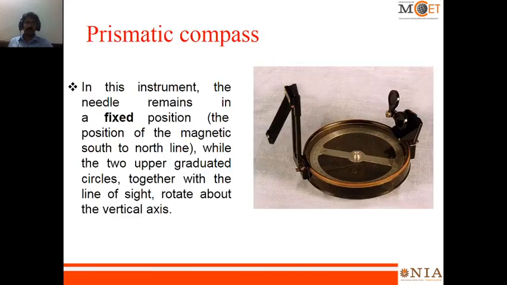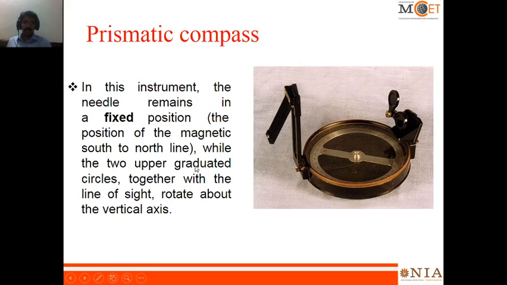Now comes the types of compass. In that, the first one is the prismatic compass. In this instrument, the needle remains fixed. Here you are able to see a round circle which is held in the center. This is called the needle. It is in a fixed position,